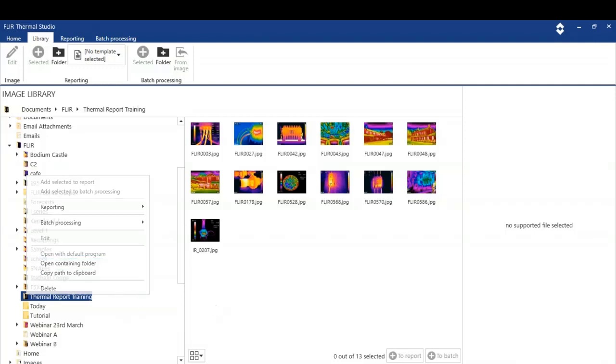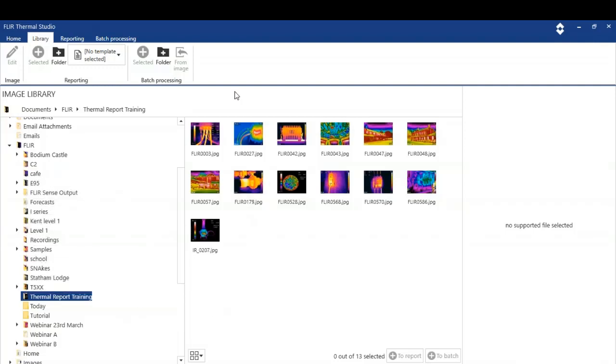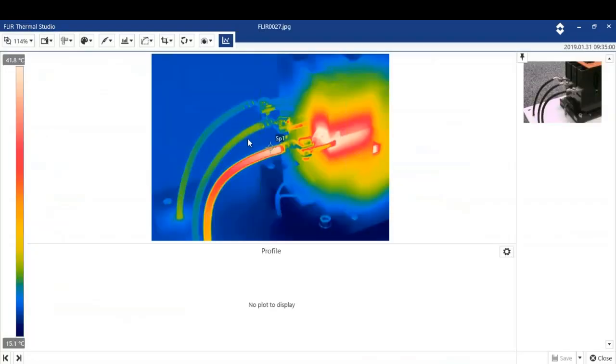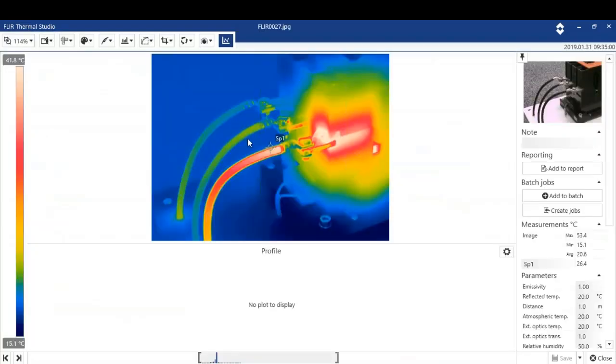Now, if we have a look at the images in this directory, all I need to do is double click on any of them. So what we'll do is double click on image number 27, and we can see we've got something displaying an elevated temperature. So the post-analysis part of this, if you look across the top part of the screen,